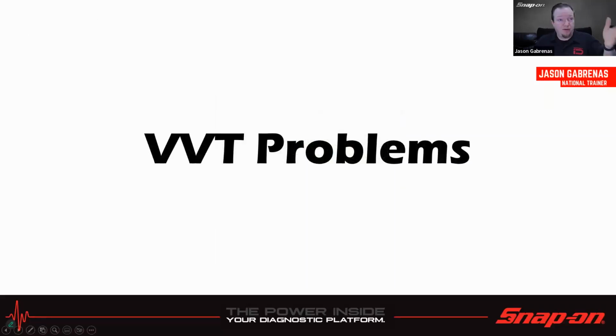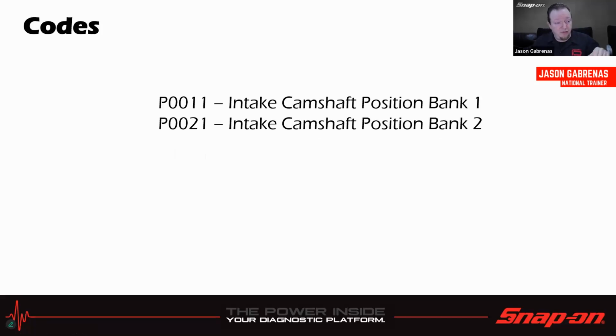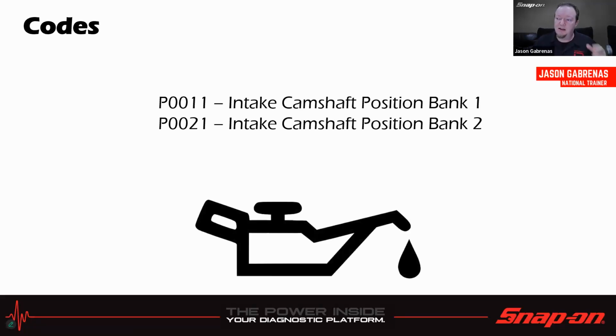So let's talk about some problems that we might run into, and probably the two most common codes you're going to see for these problems. There are other codes, of course, but these are the two most common ones that you see out there. Go to any automotive forum and someone says, hey, I got this P0011 code or a P0021 code. Intake camshaft position, bank 1 or bank 2, and manufacturers can put little modifiers on whatever they want their description to be. But basically the problem is there's not enough oil pressure in the system,